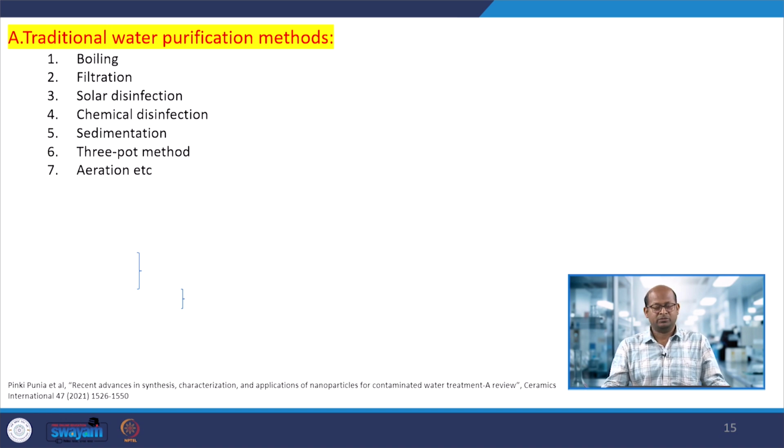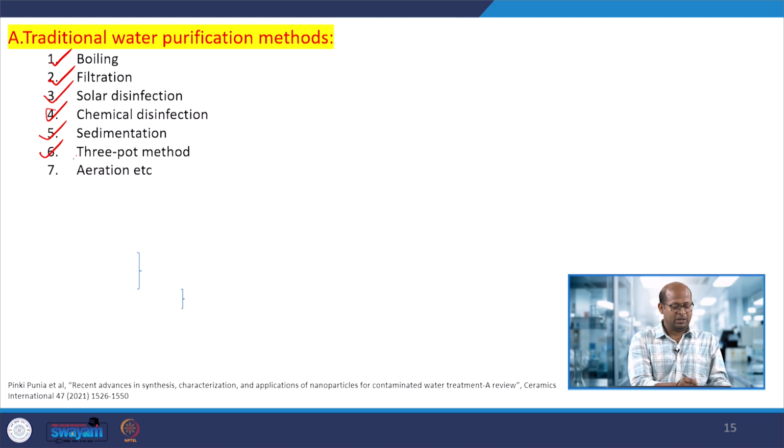So if we want to separate the different types of contaminants, in terms of metals, metal ions, dyes, pathogens, whatever is present in wastewater, there are many methods. The traditional methods of water purification are boiling, filtration, solar disinfection, chemical disinfection, sedimentation, three-pot methods or aeration methods. These are the traditional water purification methods that can be used to purify the